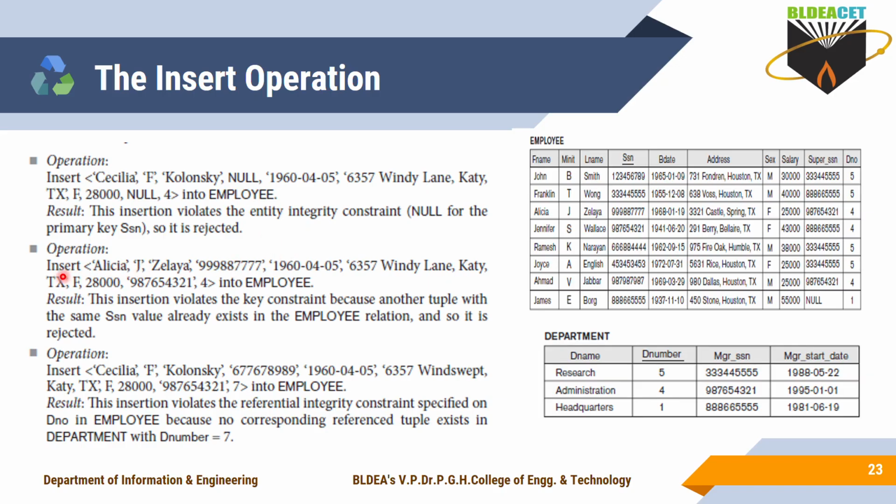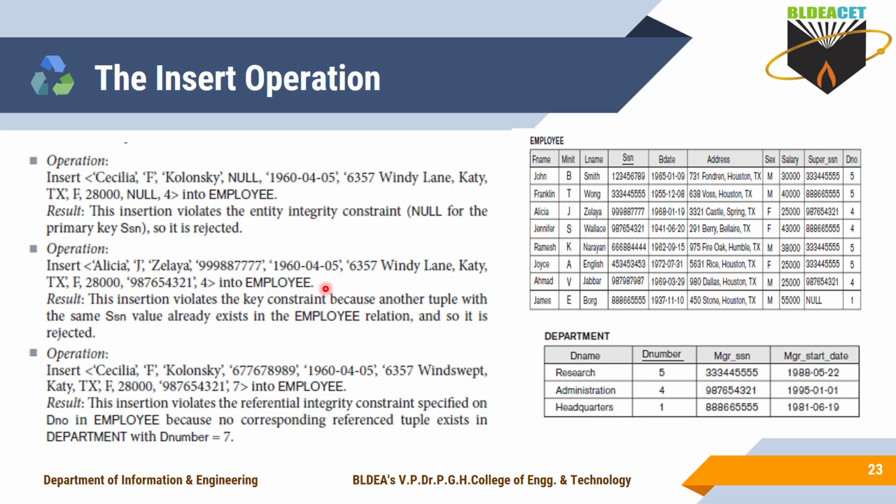Let me take one more example. I want to insert a new tuple for this relation. I inserted everything here: the name of the employee, middle initial and last name, and I entered some SSN value here. If I insert this SSN value, it also gives an error message.